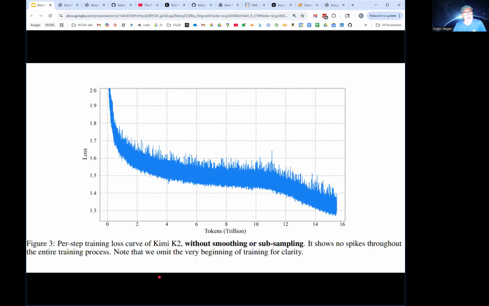So here's the loss curve, and I guess this is an impressive loss curve because it ran the whole way without any explosions, and they're attributing that to the MuonClip QK-clipping algorithm. That's introducing the stability that allows you to follow that curve. I'm wondering if this little bump here is related to when they started changing the learning rate.